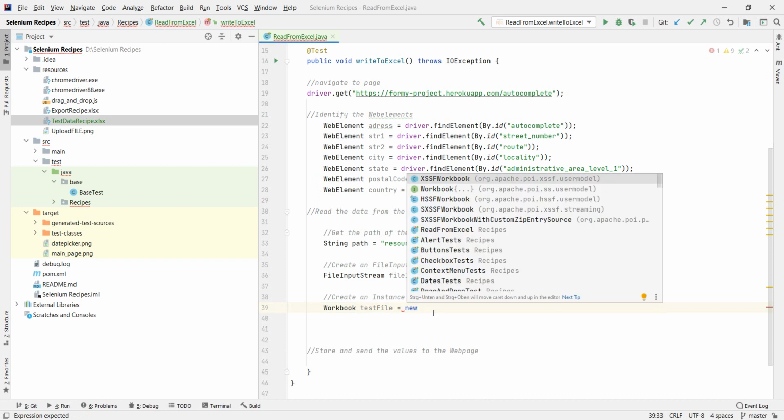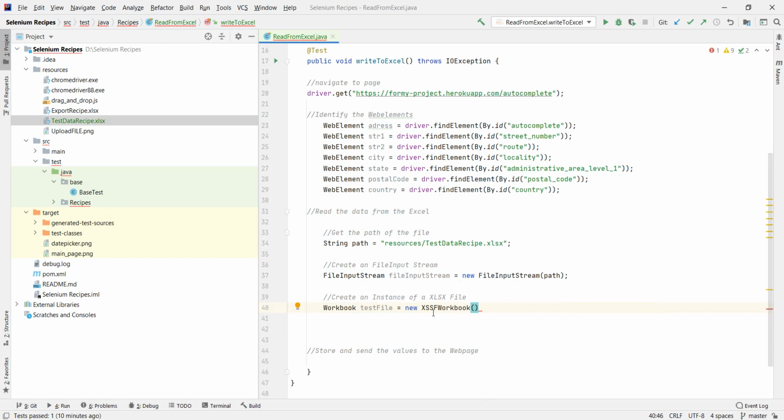To new X, well, I already did that before, so it knows. So this is an XSSF workbook, and let's just give the file input stream here. And what we have here is basically, like I said, that copy of the file. And one more thing,